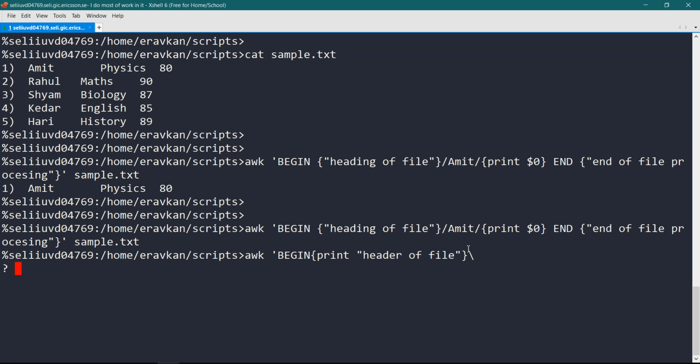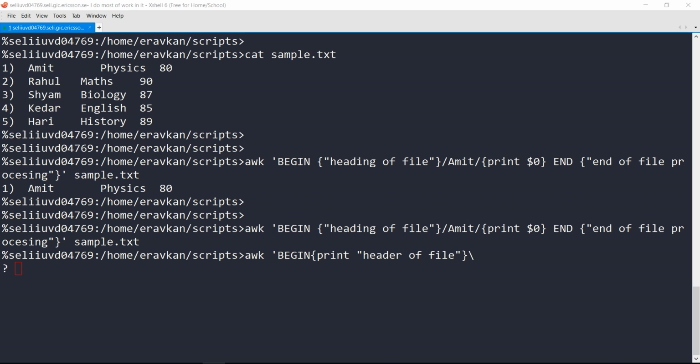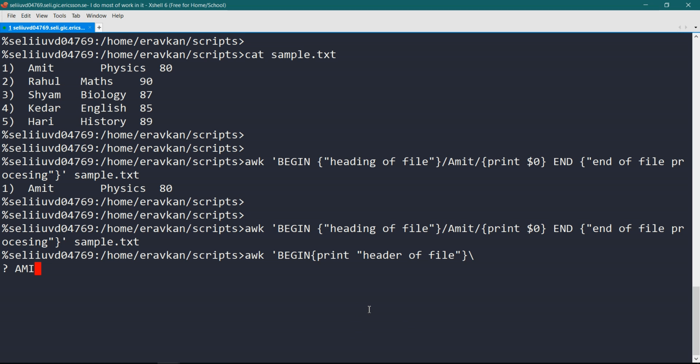Now I can further continue with my action: Amit I need to search, then print $0, then end it. Here you can write your END line. In this way you can split your awk into multiple lines so that it is easy to write.